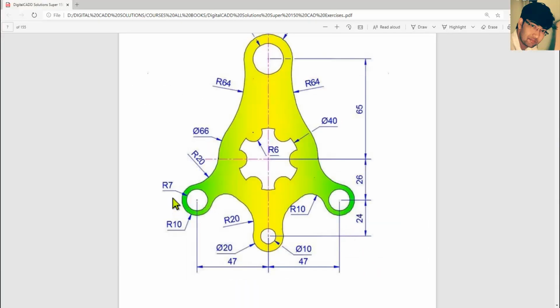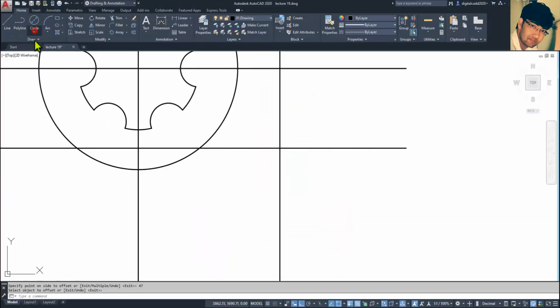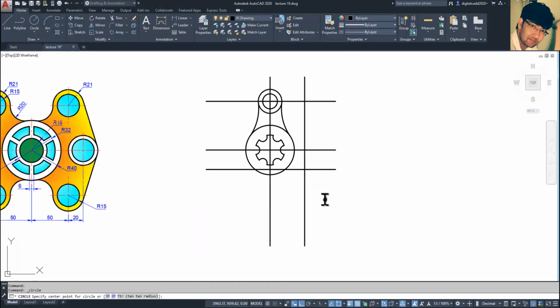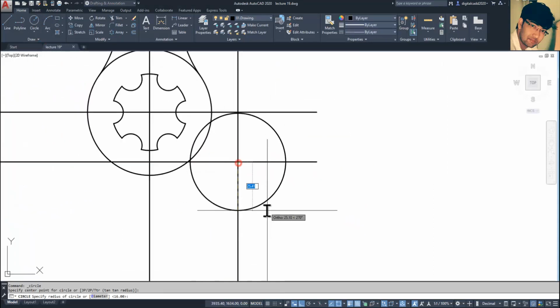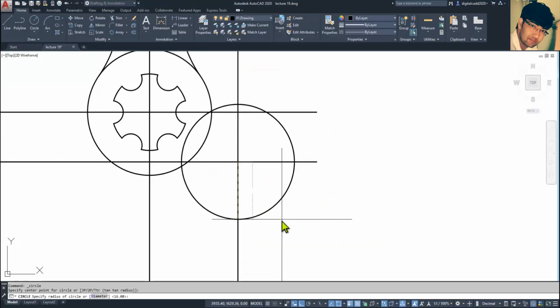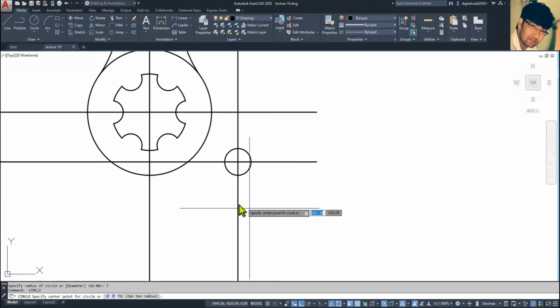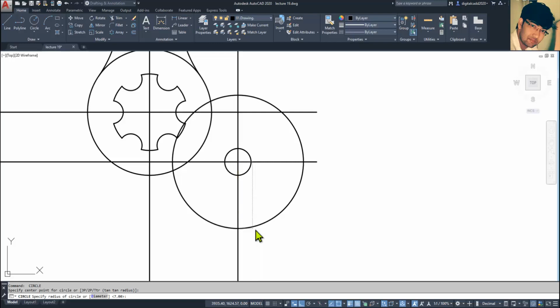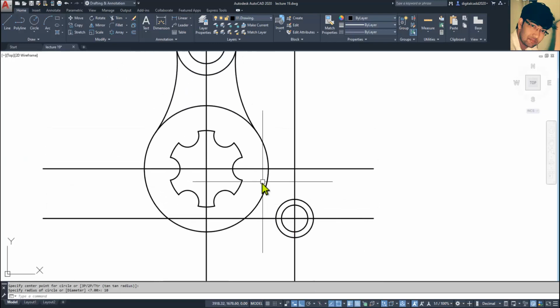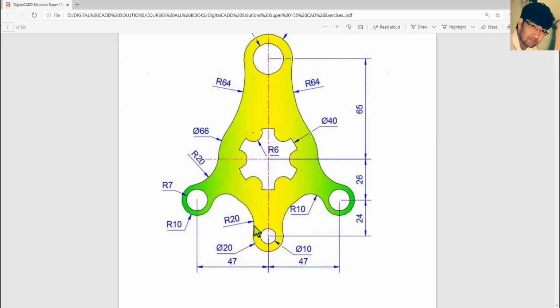Now we need 2 circles of radius 7 and radius 10. Select center, radius 7. Space bar to repeat the same command, radius 10. That's all.